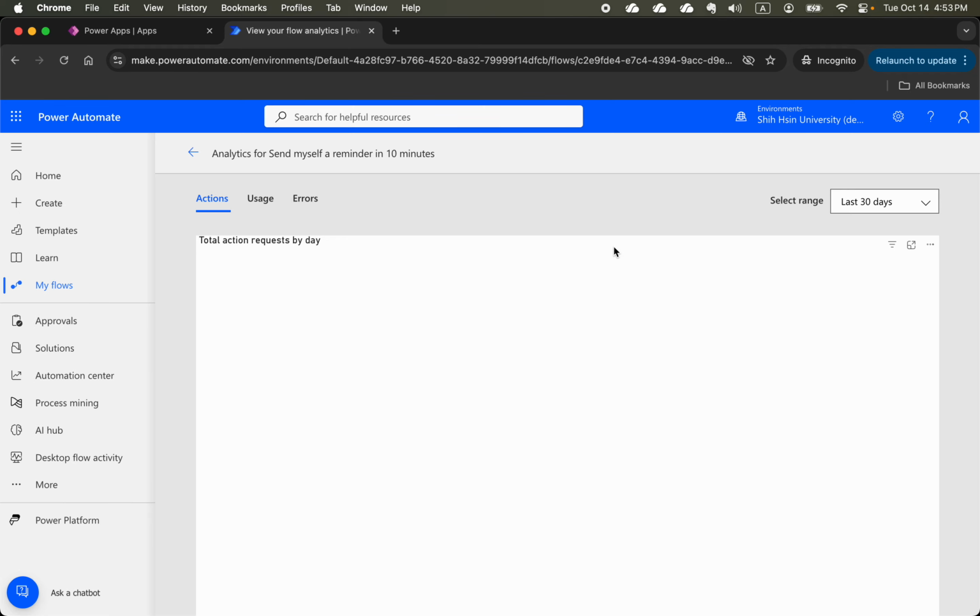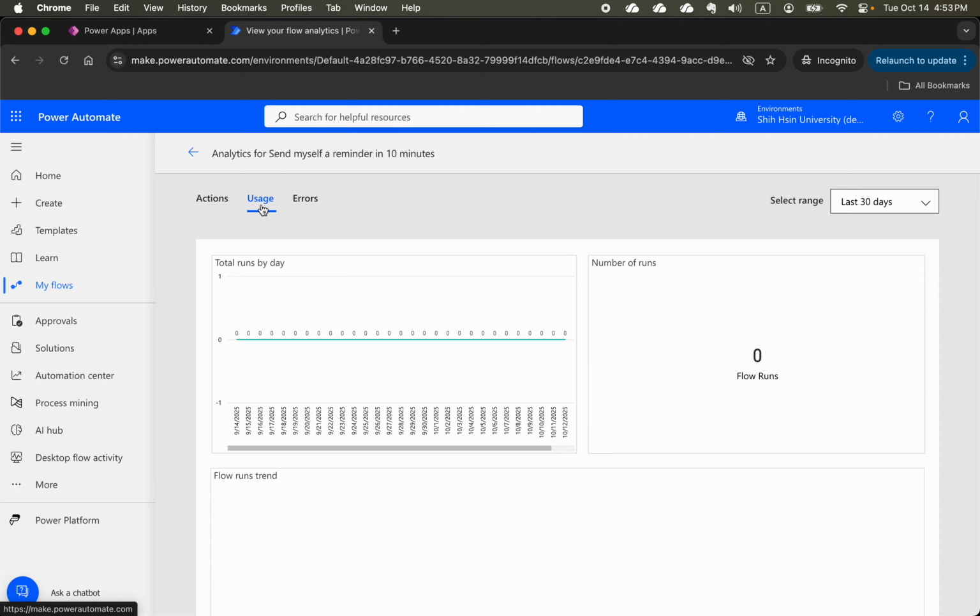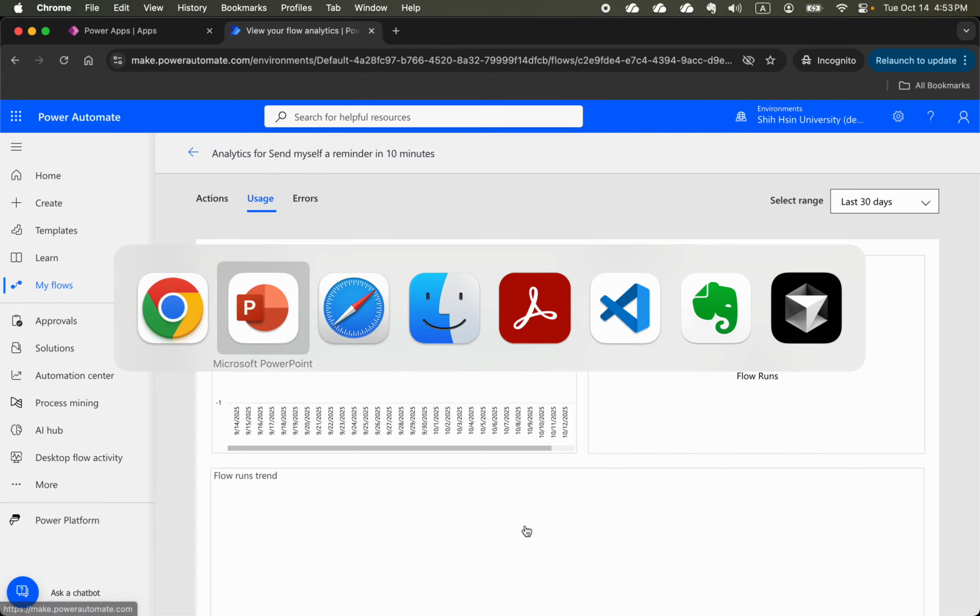Actually, this is created by Power BI. Oh, total actions requests by day. Anyway, let's see the usage. Actually, I did not run it, so there's no usage. Anyway,